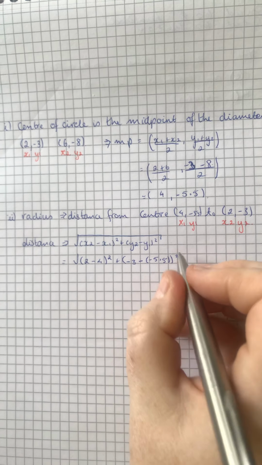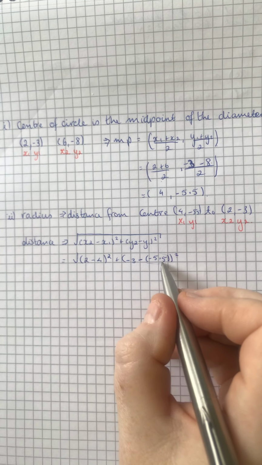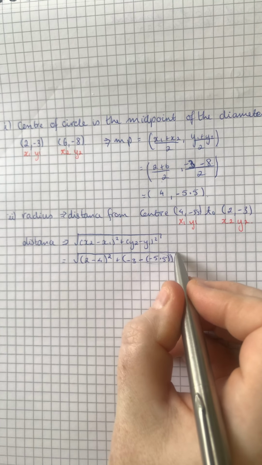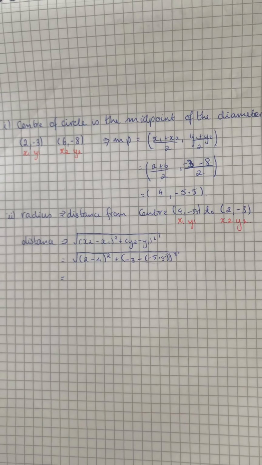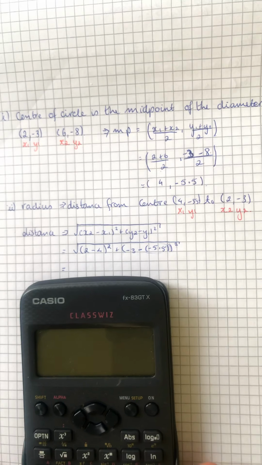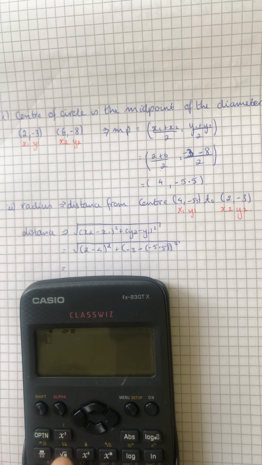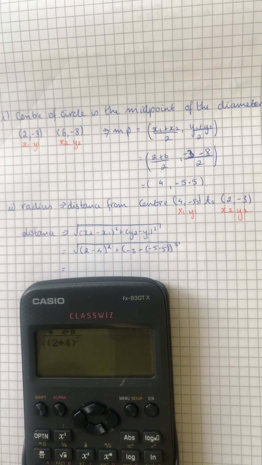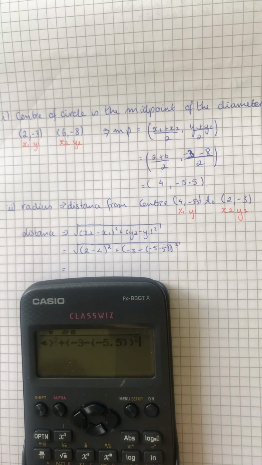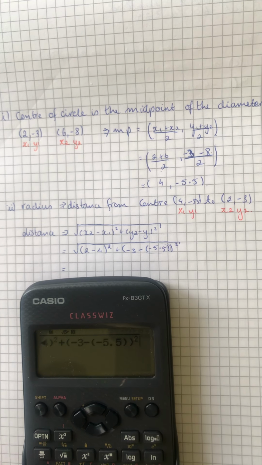Notice there's two brackets there because there's a bracket around the -5.5 and there's this bracket here. And I got my calculator and put that into my calculator exactly as it's written. So square root bracket 2 minus 4 squared plus bracket -3 minus -5.5 close bracket, squared, double brackets here, equals